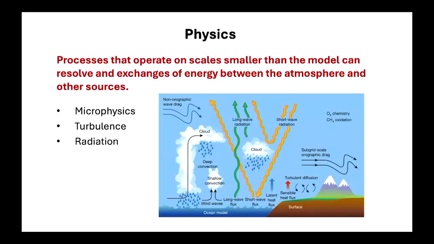Okay, so these are all the equations I want to go through, promise. Now, let's talk a little bit about the physics. So the physics here, what I refer to really is the physical parameterization that we discussed at the beginning, which represent the exchange of the energy between the atmosphere and the other sources. And these are the processes, once again, that happen at the scale smaller than the model can resolve. So, these are like cloud formation, precipitation development, turbulence in the boundary layer, and energy exchange. So in summary, these are the microphysics, the turbulence, and radiation.